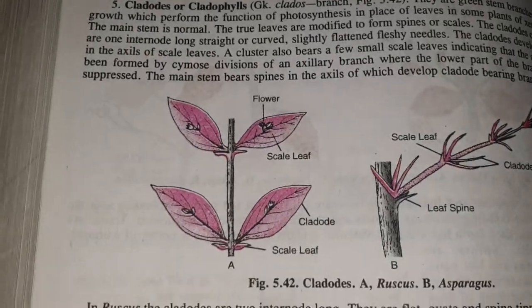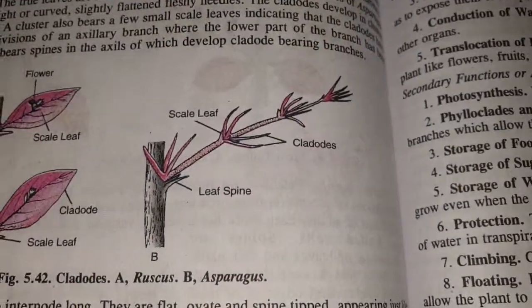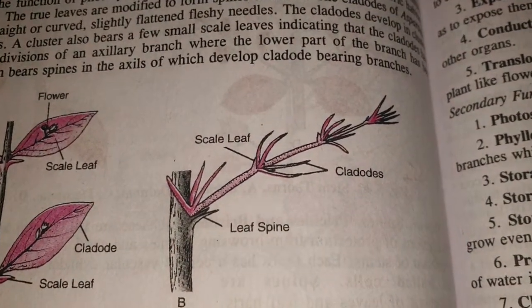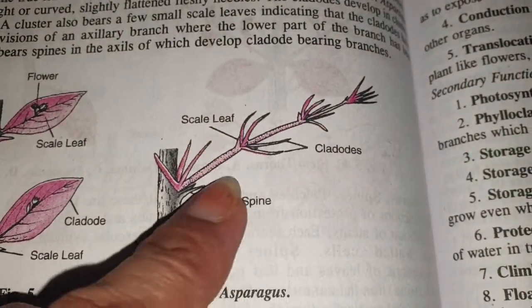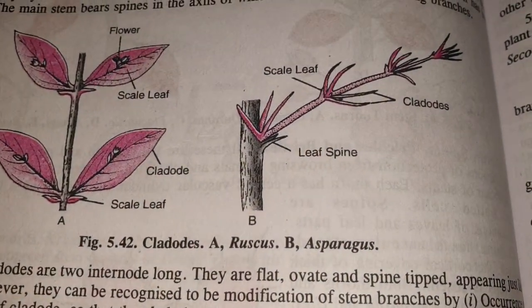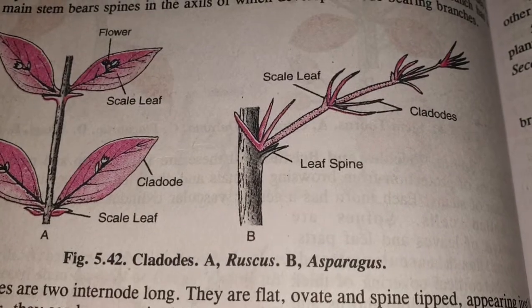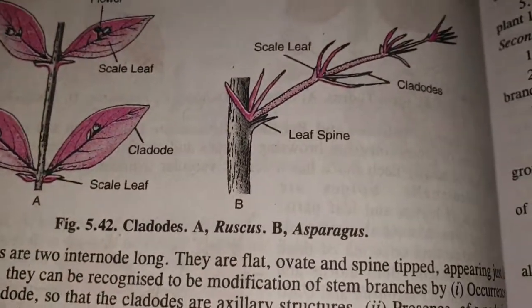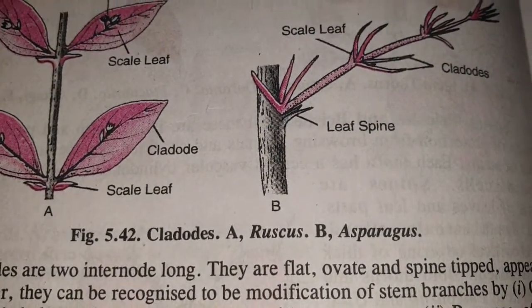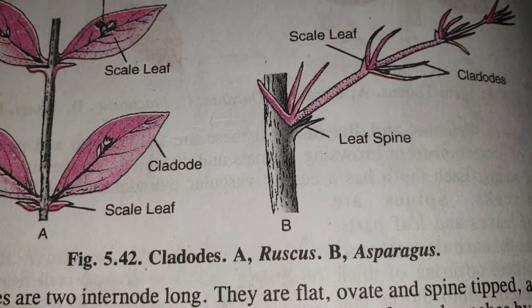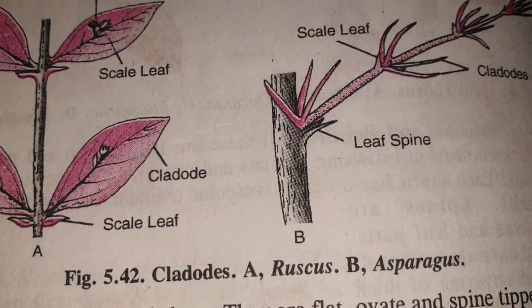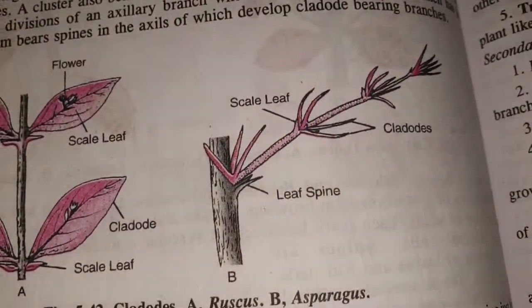Then next is cladode, which is observed in case of asparagus. Here the leaves got modified into spines. Okay, so here in the structure you can see the leaves are getting modified into spines. These are modifications which will help them to overcome some particular stressful conditions, that means xeric conditions. So these are all the different types of modifications. And another is the thalamus. Thalamus is the condensed stem axis which forms the base of the flower. It consists of the floral whorls. Okay, so these are altogether the different modifications of stem.